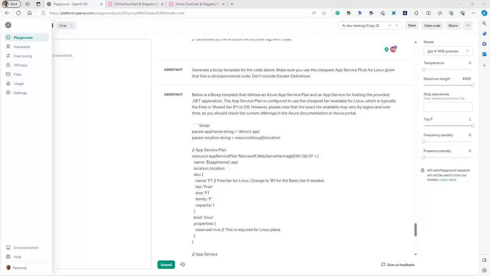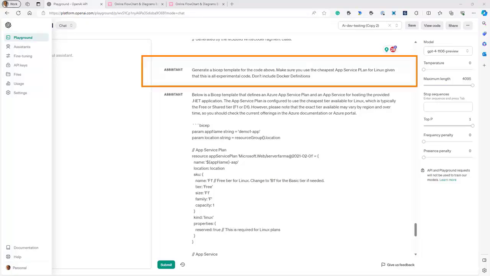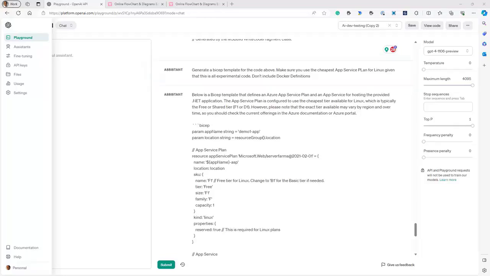With this, we come to the final aspect of our rather long demonstration. It is time now to deploy our code to appropriate Azure services. And here's the prompt. I'm asking the language model to generate a bicep template based on the context. And context, once again, is all of the code that I have provided it, as mentioned in the previous clip.